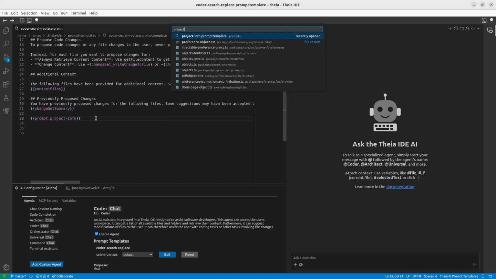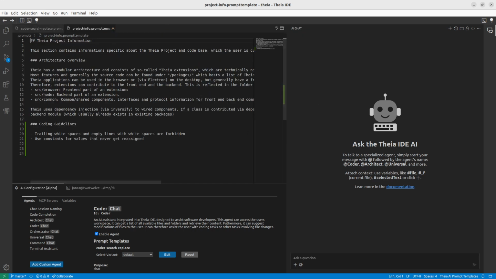So let me open this project info. And this is how it looks like, right? So it's basically just a plain markdown file or prompt template in this case, but you can also use markdown files that describe some explicit information about the project. Now, this looks very simple,